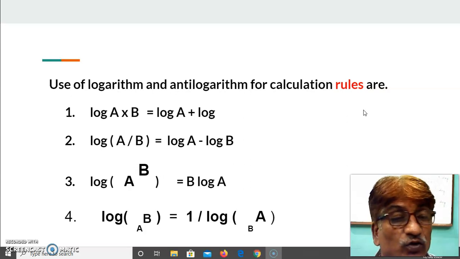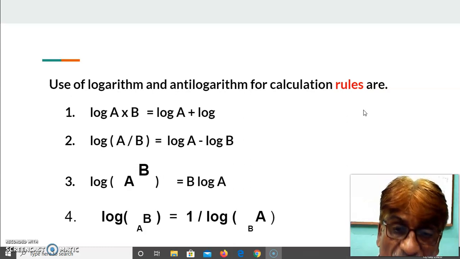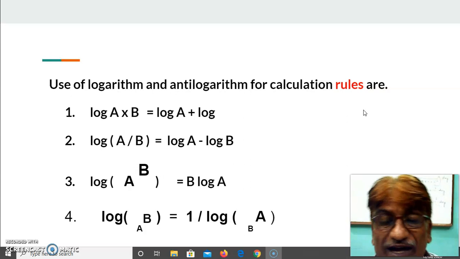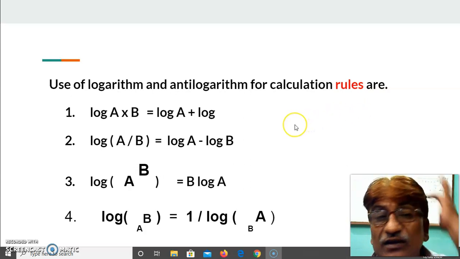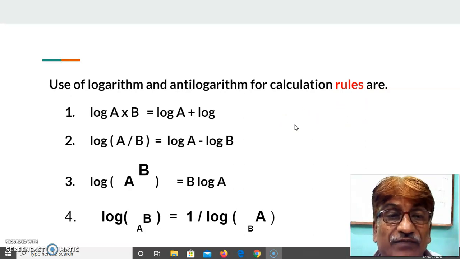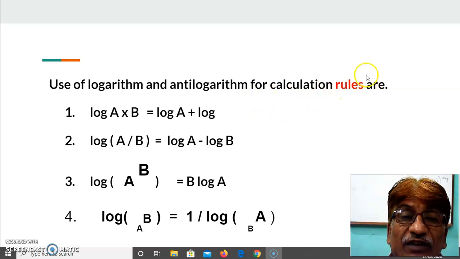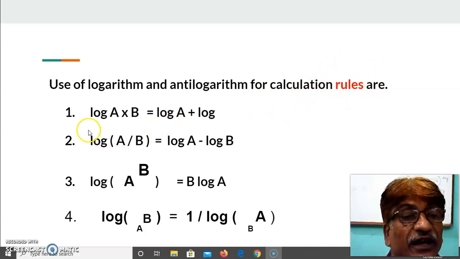Multiply by 10 to the power of the number which is before the decimal point, either positive, negative or 0. And here, for logarithm and anti-logarithm, we can use rules for calculation. Which rules? See here, number 1,